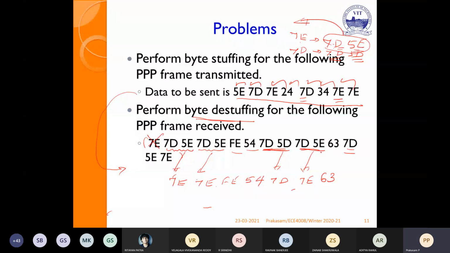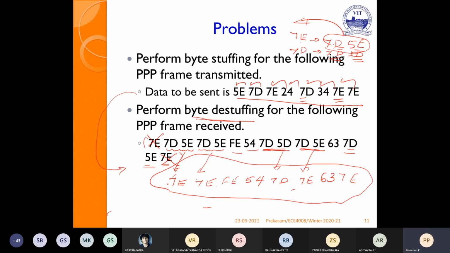Similarly, 7D, then 5E, so 7E. Next, I am receiving 7E. This is a flag byte, I am discarding. So now, this is the destuffing of the bytes for the given problem.